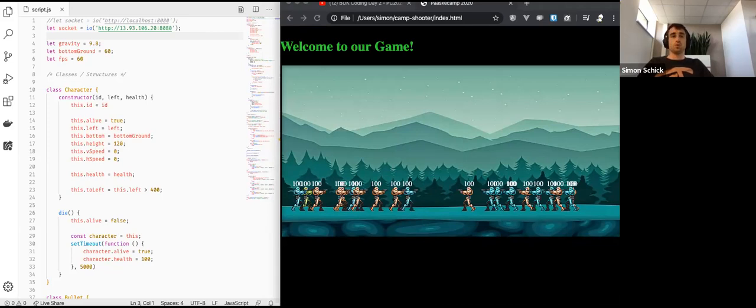And everyone who opens that one will also create a figure on this scene here, which is quite interesting, I think,